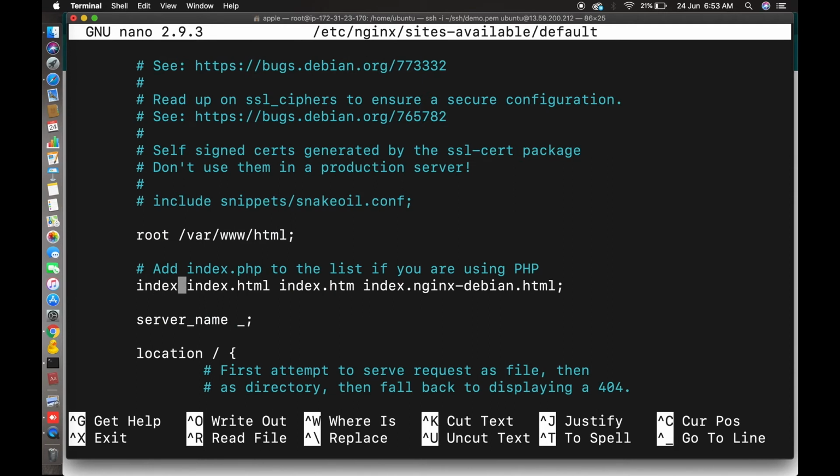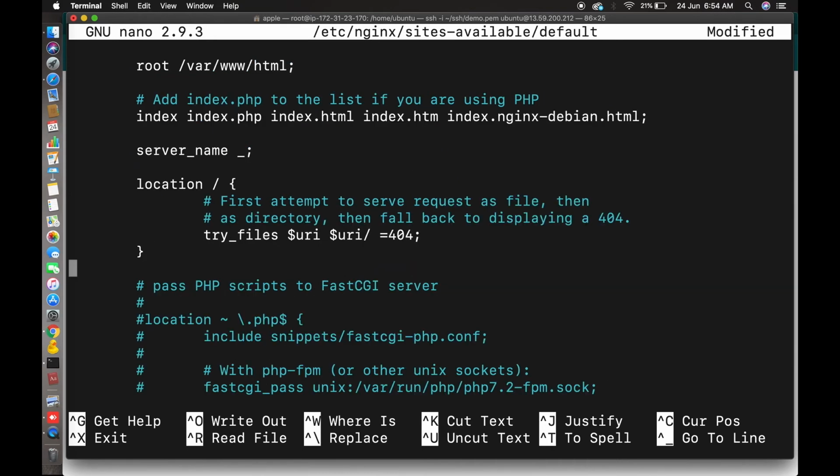Here the index file is index.html, so you have to add index.php also. The location is correctly defined. So let's enable PHP now: pass the PHP scripts to the FastCGI server.